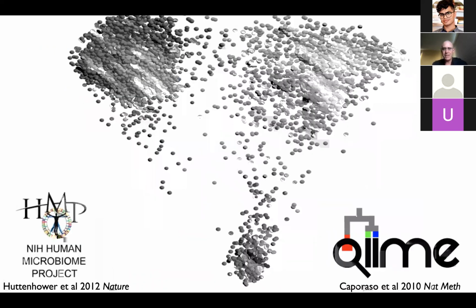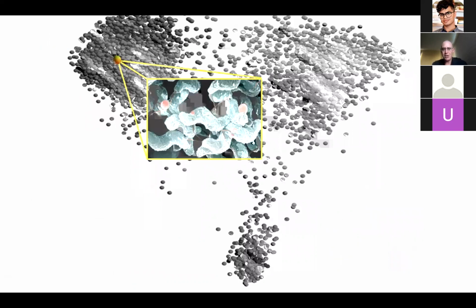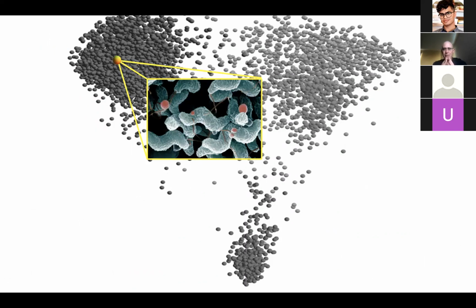And so when we reprocess the HMP data with QIIME into a principal coordinates plot based on UniFrac distances, we get this map relating all the samples to each other. Each dot on this map represents all the complexity of a microbiome read out from its DNA. Each point is a sample. Two samples are close together on the map if they have more similarity in their evolutionary history of microbes, as read out by a metric called UniFrac, developed by Catherine Lozupone, one of my first graduate students. They're further apart if they're more dissimilar in that evolutionary history.